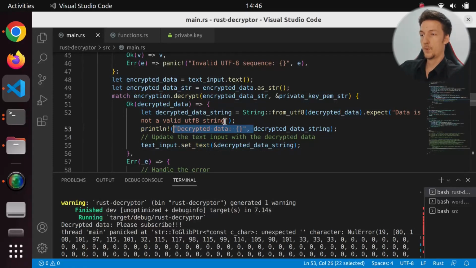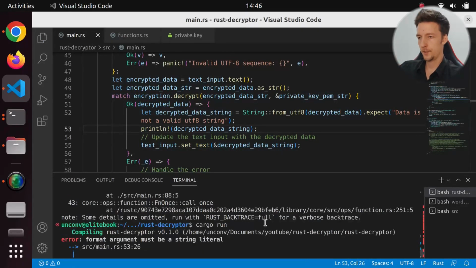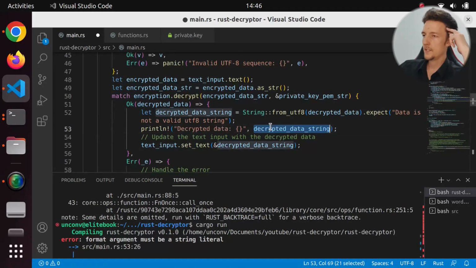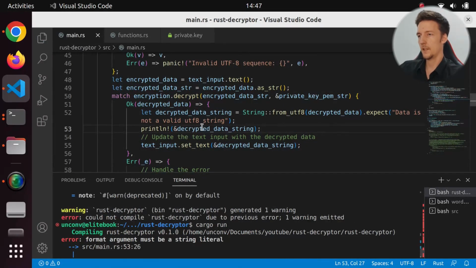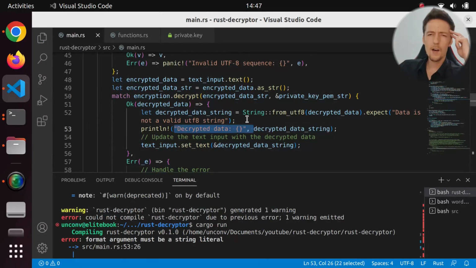What if I pass it to the print line directly? I cannot do that. Must be a string literal. Format, okay. So what is this then? What does the ampersand do? What if I do this? Still needs to be a string literal. So how do I